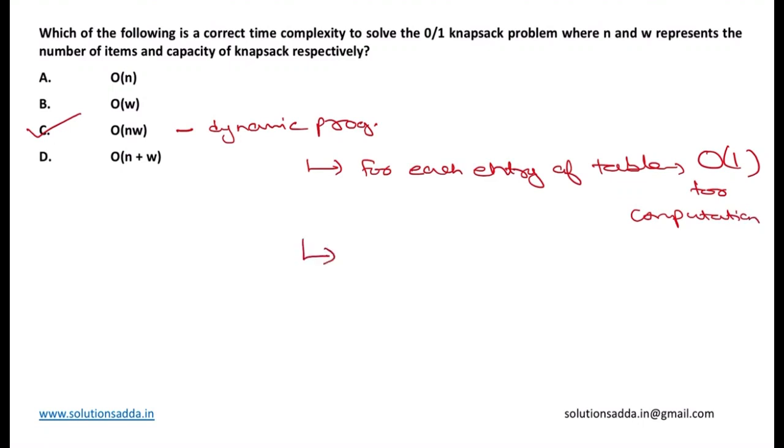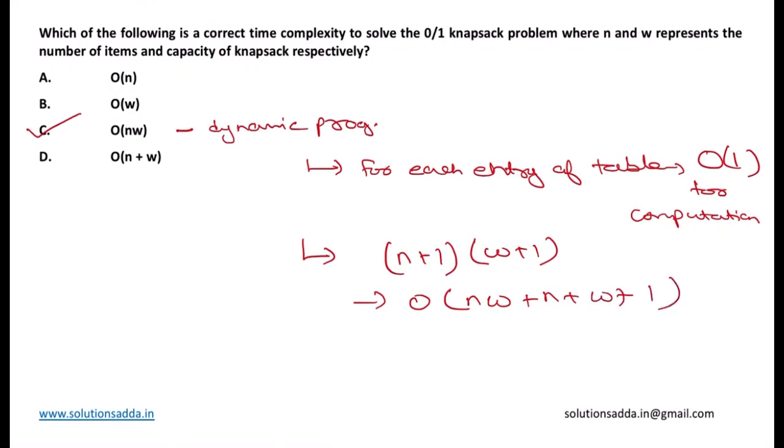And to fill the entries, that is order of n plus 1 w plus 1. Actually, to fill the n plus 1 w plus 1 entries, it will take order of nw plus n plus w plus 1 time. So equivalent to order of nw time